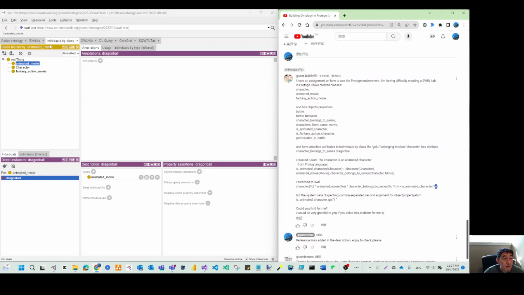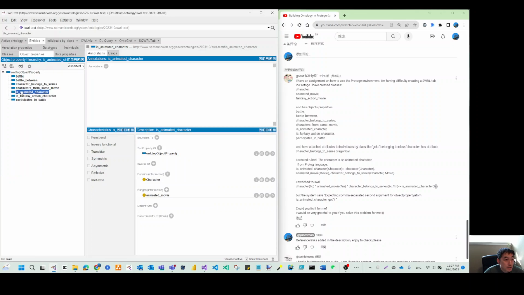But furthermore, as I mentioned in the beginning, for such a character property, we need to think about whether it is good to define this as an object property, because whether we put a movie here or there is kind of unnecessary, since we are trying to check the character's type.